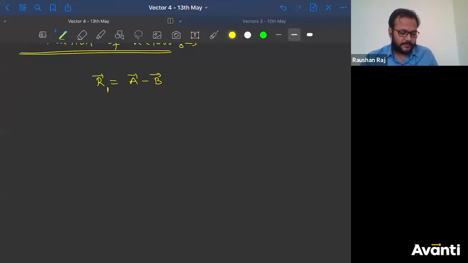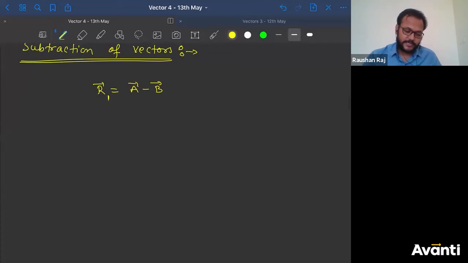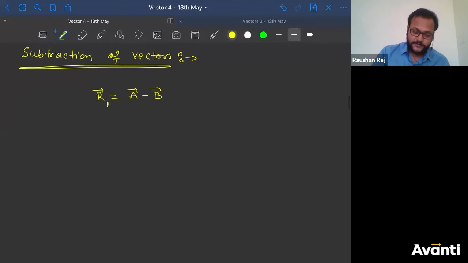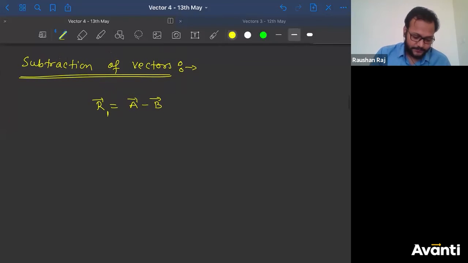Let's go. So R1 is what? A minus B vector. So how do we solve it? As we have already studied addition of vectors, I'll be using the concept of addition only. To subtract vectors, we are going to use the addition concept only. Yes, Gaurav, north and south are in opposite direction, but north and east are not in opposite direction. Now, one of you asked, sir, what if they have north and east direction? Who will have north and east direction?